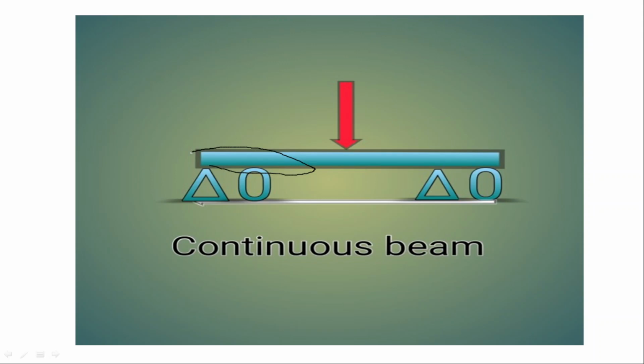मतलब यहाँ कंटिन्यूस बीम का मतलब यह है इस बीम में दो से ज़्यादा सपोर्ट दिए जाते हैं, तभी इसको कंटिन्यूस बीम बोला जाता है। कंटिन्यूस बीम पे आप कितना भी लोड दे सकते हैं।